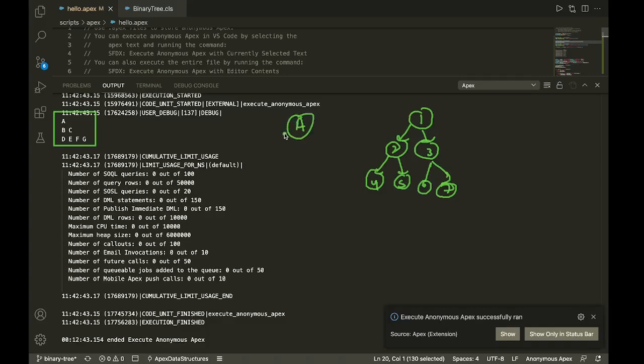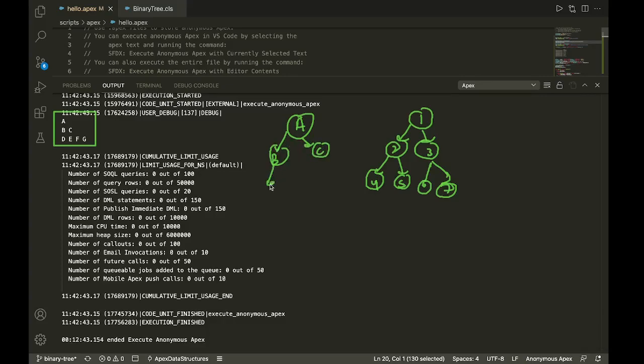The first node is A, the left child stores B, the right child stores C, and then we have D, E, F, and G. This is how our binary tree is constructed inside the memory, and here you can see the output, which is nothing but a level order traversal of the binary tree.